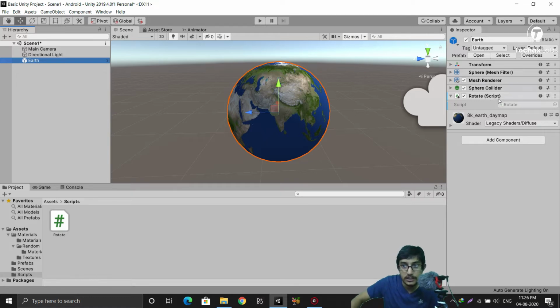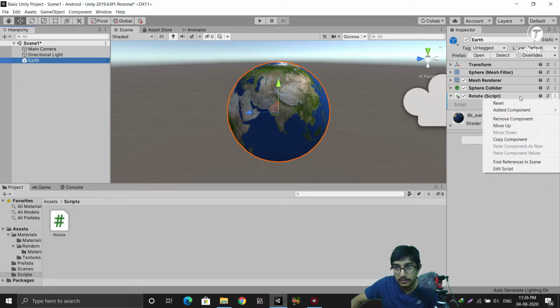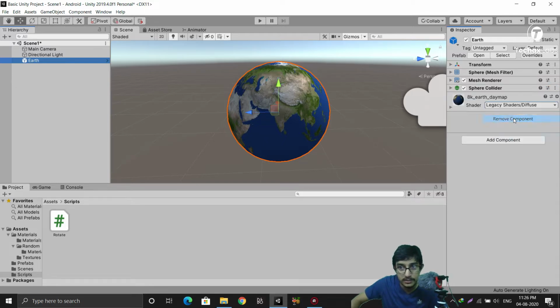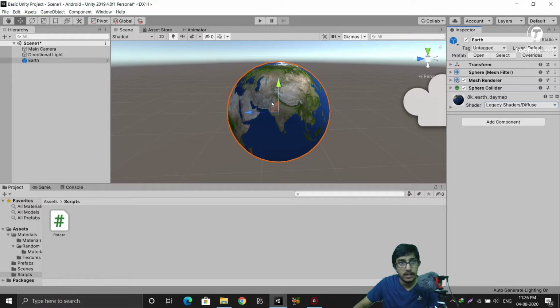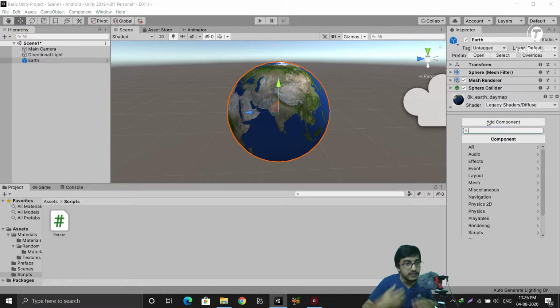There are also other ways to do it. Let's see those methods. First I will remove this component, this script. The second method is to select the Earth, select Add Component, and search for the script that you have created. You can see I have created a script with the name Rotate.